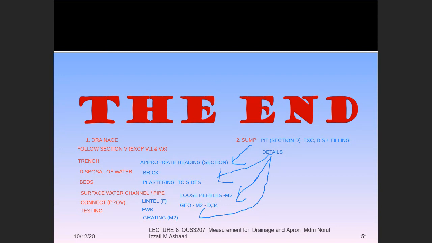If you have the beds, they must be according to section F, because this bed is not under the drainage. This bed is for the sump, F.3. And if you have the formwork to the sides of the bed, you also have to refer to section F, according to the appropriate heading. I think that's all for today. So please refer to this list